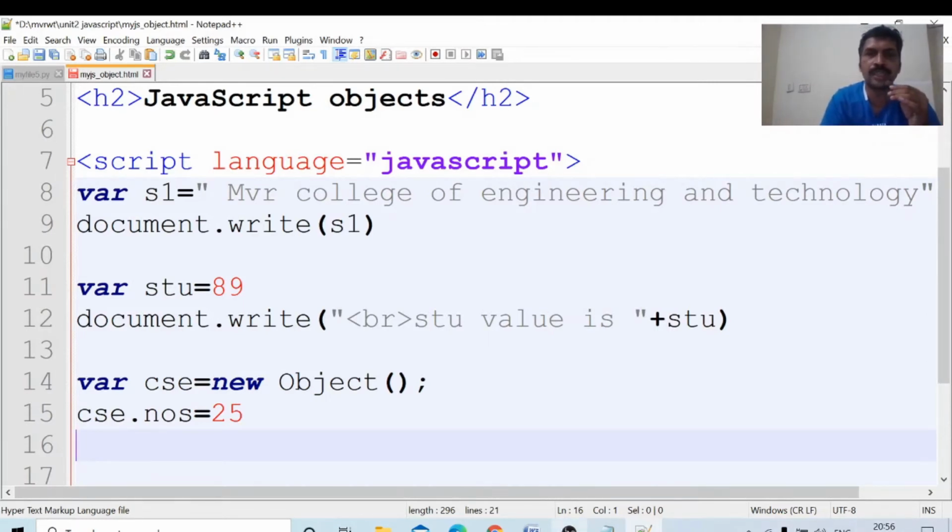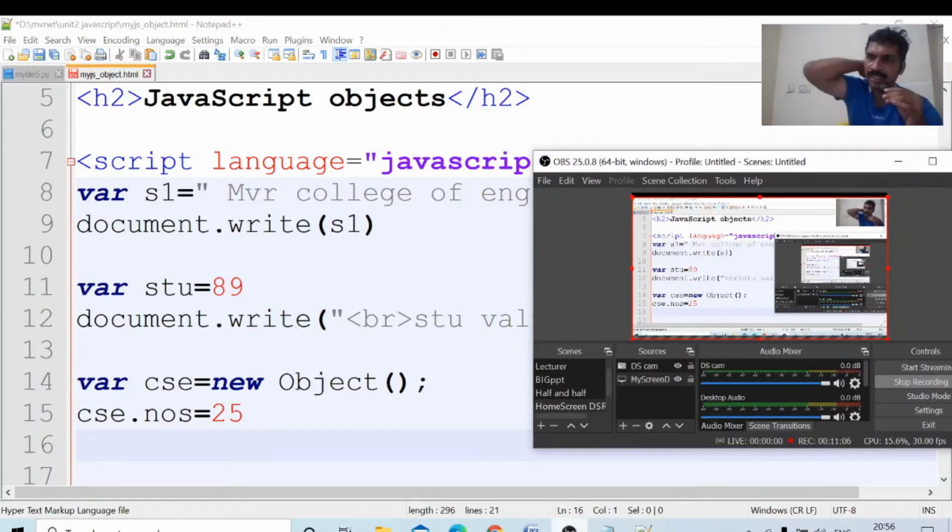One property is there for that object. The object has properties; the CSC object has one property, and the name of the property is NOS.